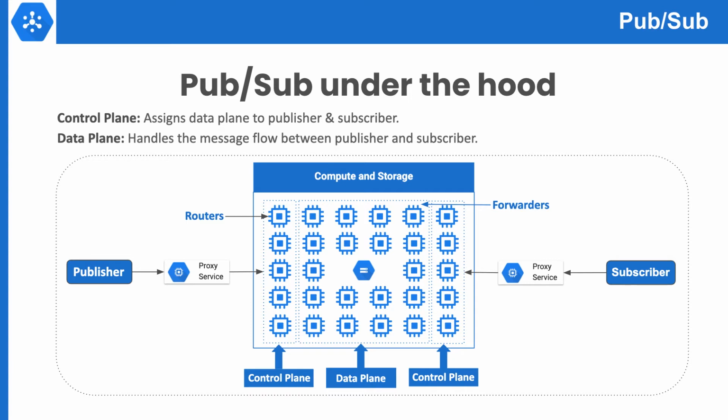The major role for transferring messages from publishers to subscriber is played by data plane. So we can say that when publisher and subscribers are connected to their assigned forwarders, they don't need any interruption from routers. So we can even upgrade the control plane without affecting the connected clients. Let's talk a little bit in detail.